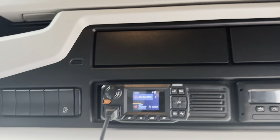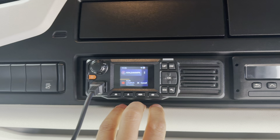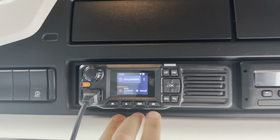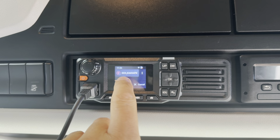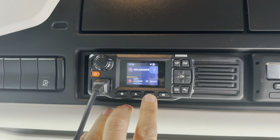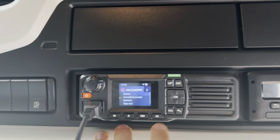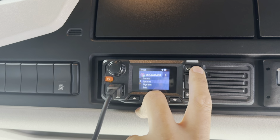So, radio fix on the Zello ones following the Zello update for the in-car ones. First thing to do is you'll see your usernames highlighted, so press the 3 people button, that moves over to 3 dots, press OK. Now you want to scroll down using the down button,